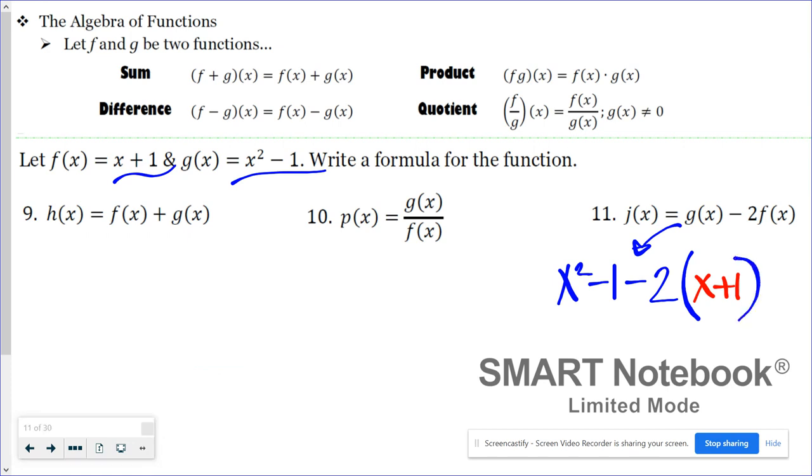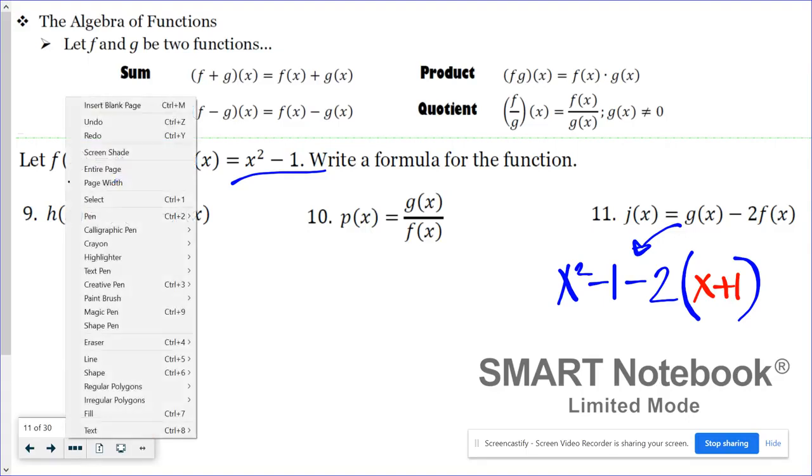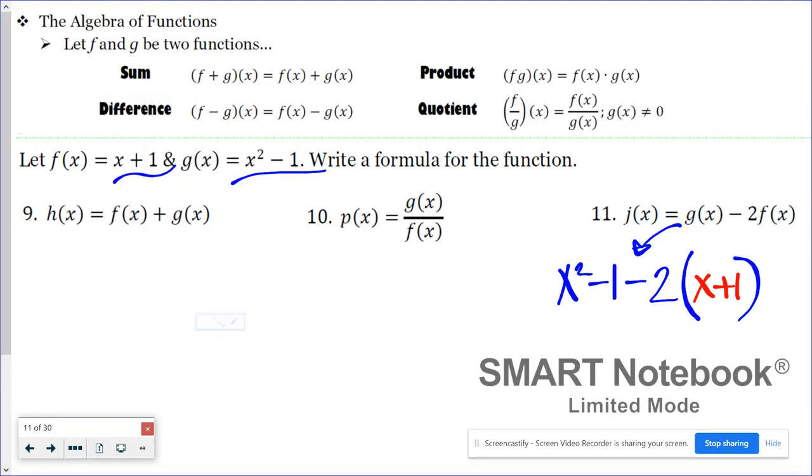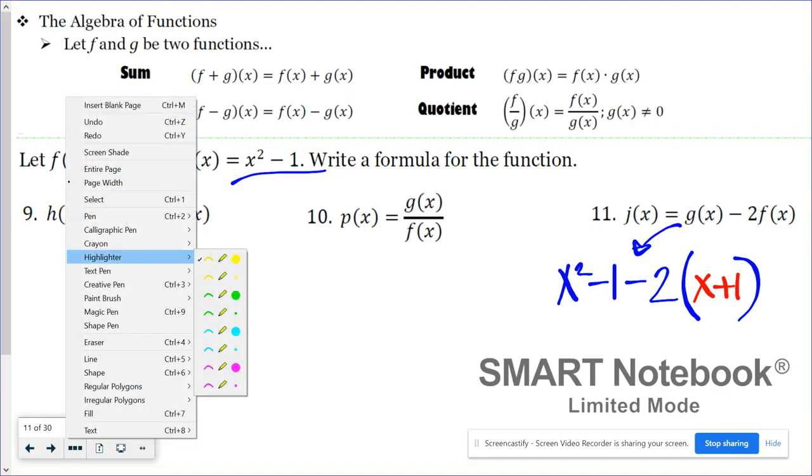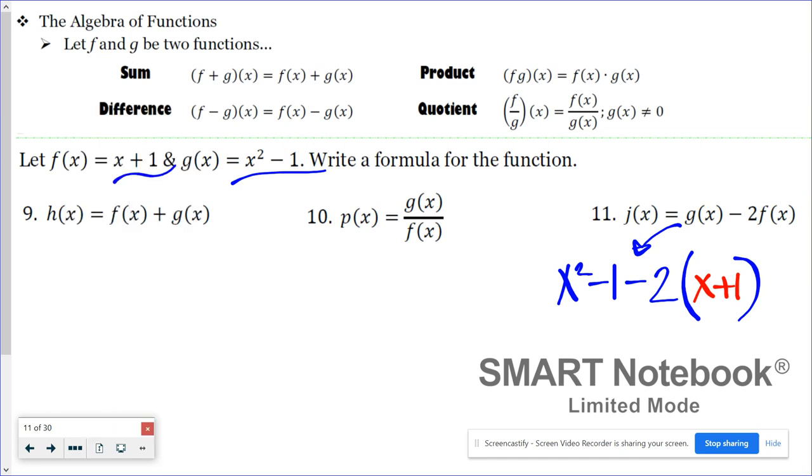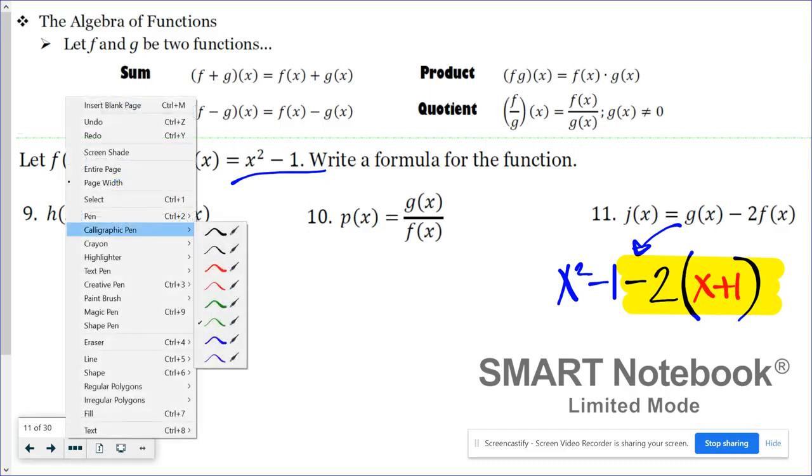So that's the first step. Substitute, like actually put the rules in for the function notation. And then the rest is a matter of simplifying. So in order to simplify this, I need to distribute. Now I want to be careful here. Like I actually want to distribute the negative 2, because that will take care of the subtraction and the multiplication